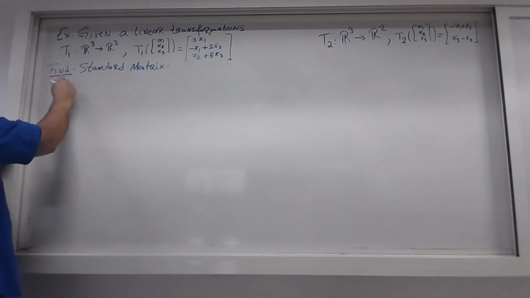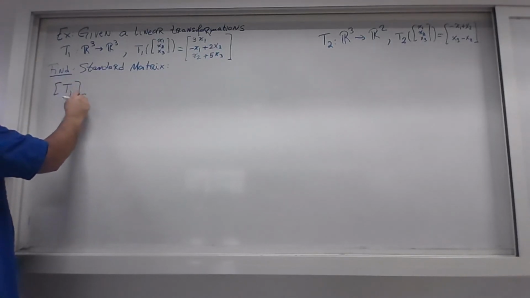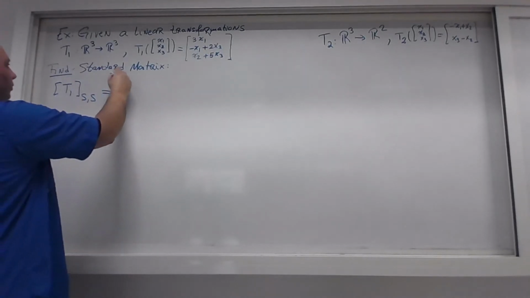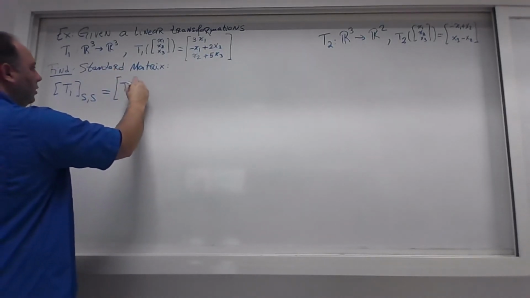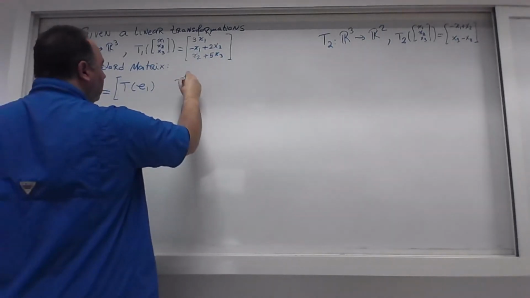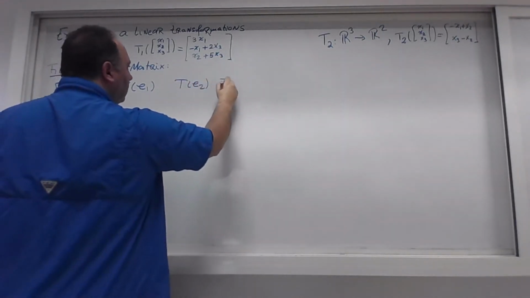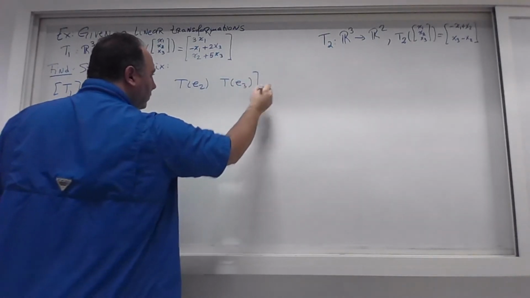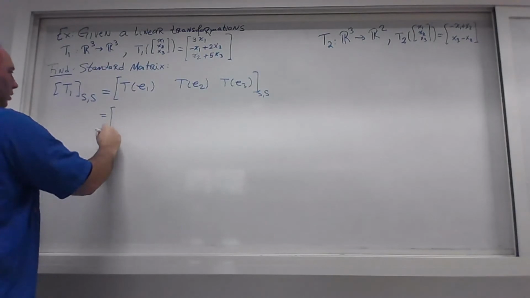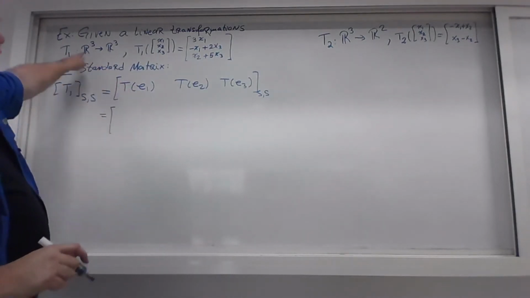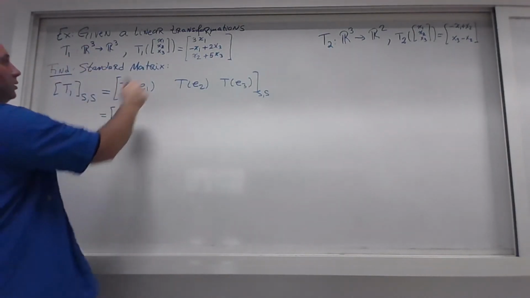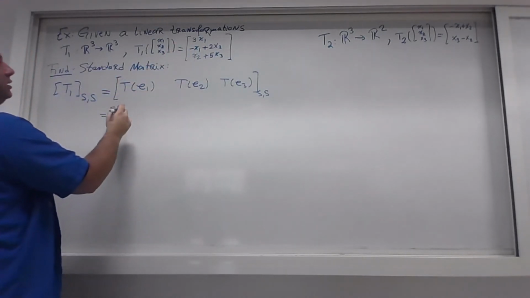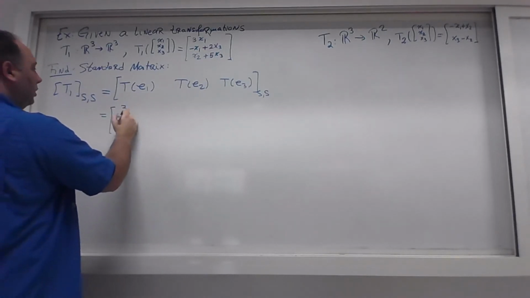So the standard matrix for T1, so what we need to do is apply, remember, it's T of E1, and T of E2, and T of E3, right? So what's that? So first basis vector from R3, 1, 0, 0. So we put 1, 0, 0 here. So x1 is 1, x2 is 0, x3 is 0. So we have 3, negative 1,